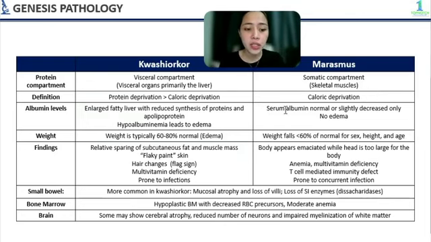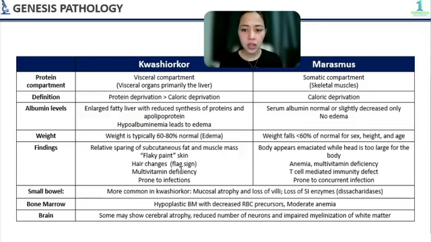So the weight falls to 60% of normal. And yung primary compartment affected is the somatic compartment, which is found in the skeletal muscles. So yung subcutaneous fat and muscles mo, ni-utilize siya ng body as source of fuel. Kaya nga yung mga batang may marasmus, mukha talaga silang payat or emaciated. Okay? The visceral compartment sa liver is not really affected, kaya yung albumin levels dito are normal or only slightly decreased.